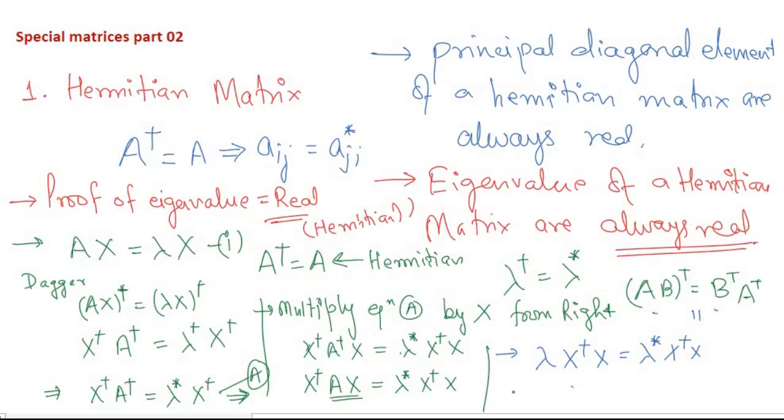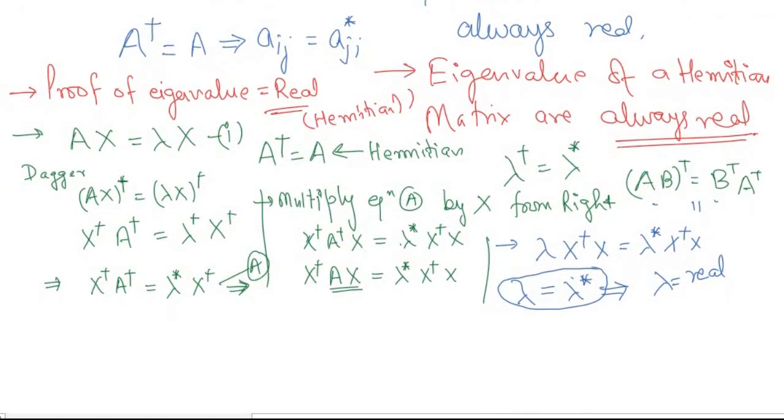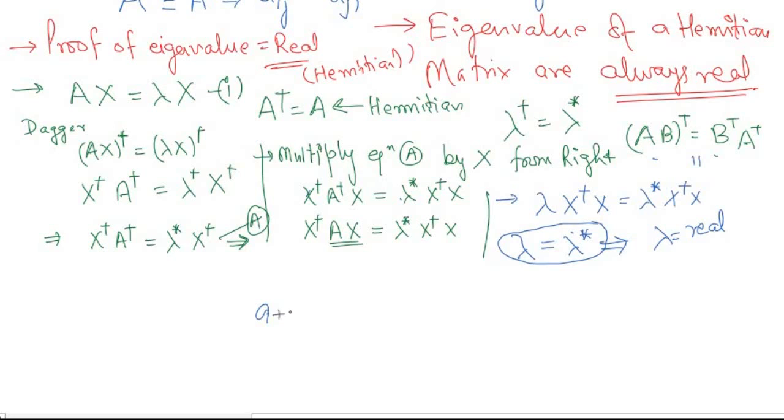So from this equation you can conclude that lambda is equal to lambda star. In general, we had taken lambda to be a complex number, the eigenvalue of the equation Ax is equal to lambda x. Where A is Hermitian, lambda is equal to lambda star. So this equation says that lambda is real, because if you take a complex number, let us say a plus ib, and we are saying that it is equal to its complex transpose,